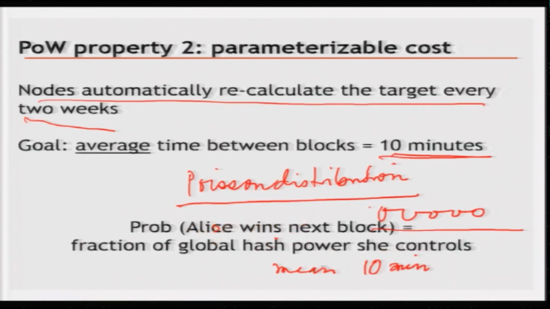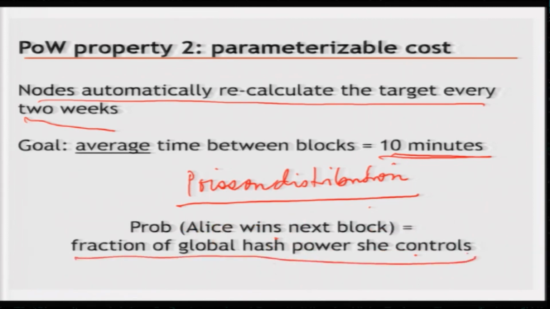The probability that somebody wins the next block is the fraction of the global hash power she controls. That is how it is designed. So, if you throw in more resources, your probability is going to be higher. If you have 50% of the resources, then every 2 blocks you will be mining 1 block, right. That is quite on the edge, because if you have more than 50%, then you might actually be mining more blocks than anybody else, and therefore you can bypass the original chain and build another chain which is longer, and that is the 51% issue